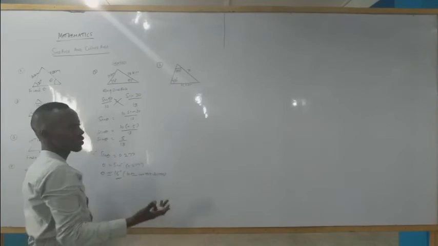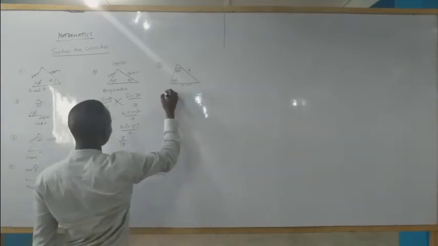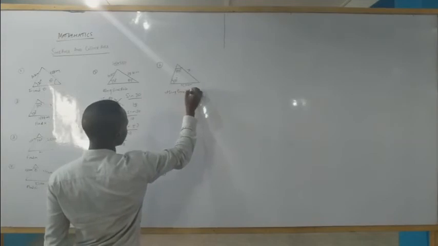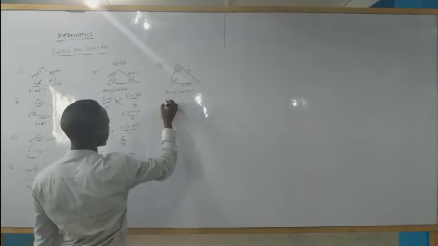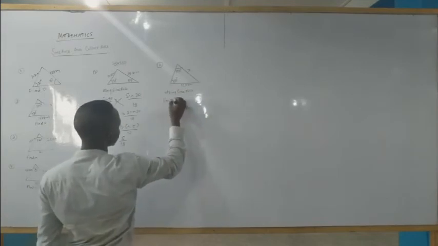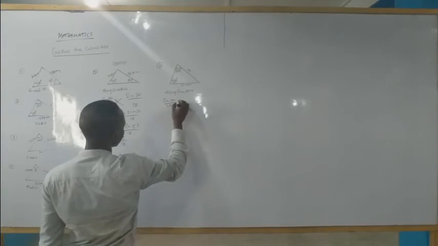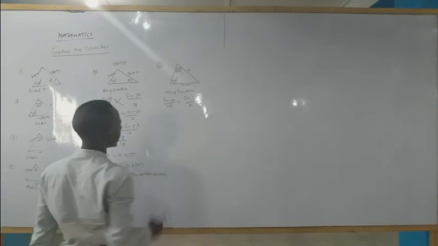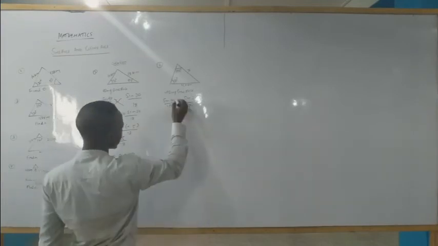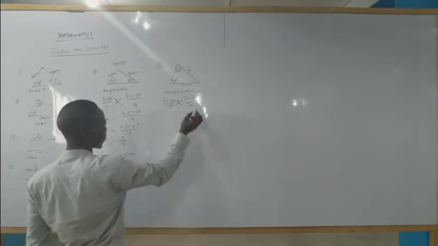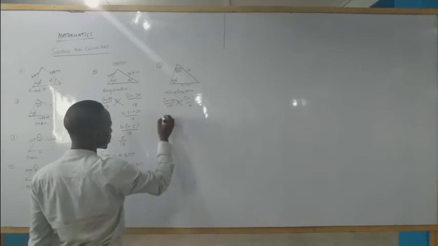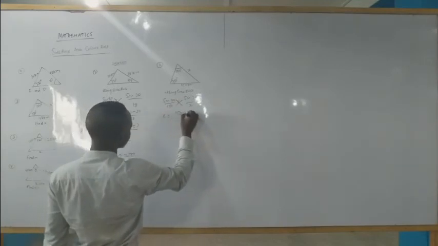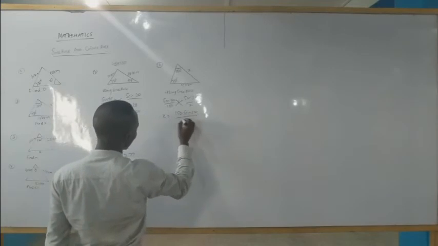So using sine rule, sine 100 over 150 is equal to sine 30 over S. Now we are looking for S. Same thing, you cross multiply, so they change position. So we have S equals 150 sine 30 over